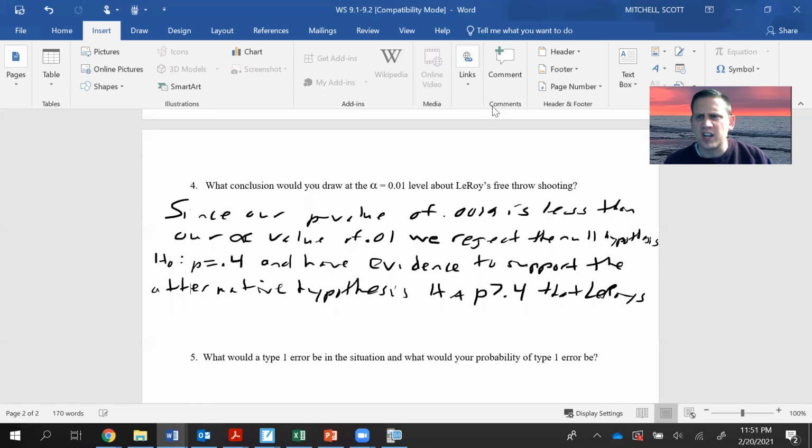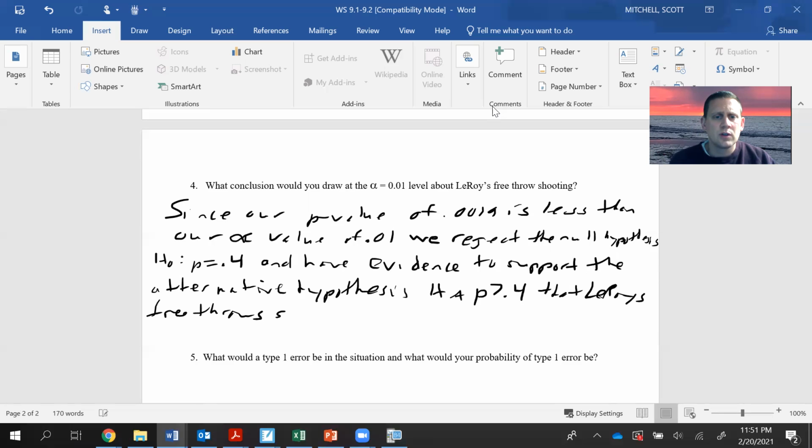Really, this is very general, right? I can't just stay general. At some point, you can put context in sooner, you can put it in the middle, you can put it at the end. To me, I like to stay general and then get specific. That's just my preference. I have to have my context in there somewhere, or you're going to lose a lot of points. That Leroy's free